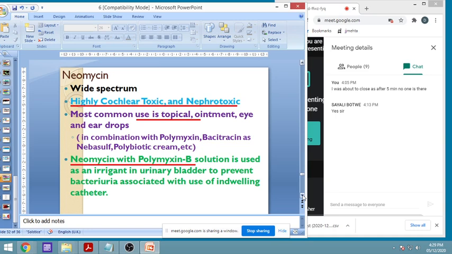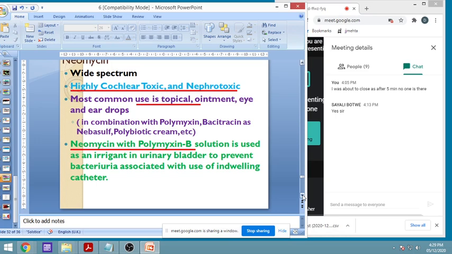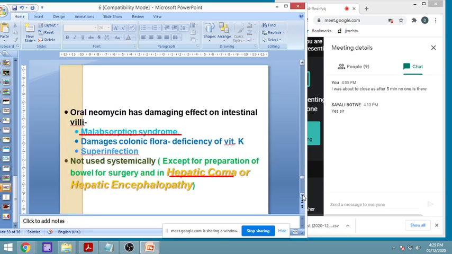Along with the catheter it will be pushed. Normally catheters are 100% sterile, but still, even if the catheter is sterile, the genitourinary tract is not sterile, it is exposed to the environment. Therefore in those cases it is used along with the catheter so that it can prevent infection. Oral neomycin has a damaging effect on intestinal villi, and it can cause malabsorption syndrome,